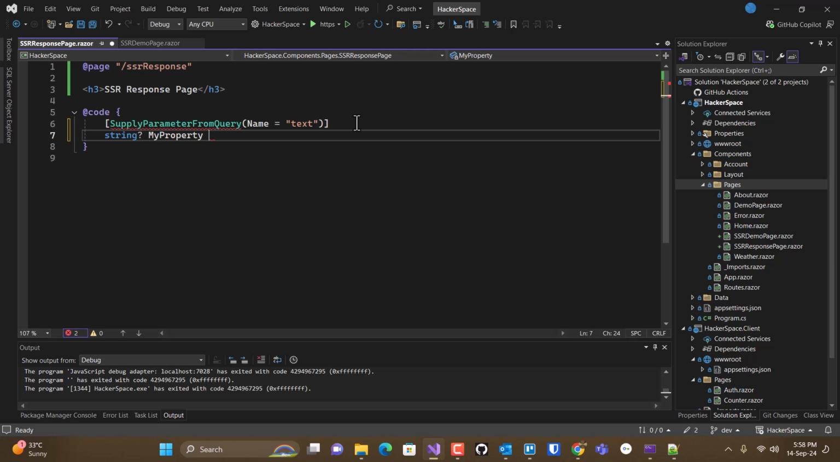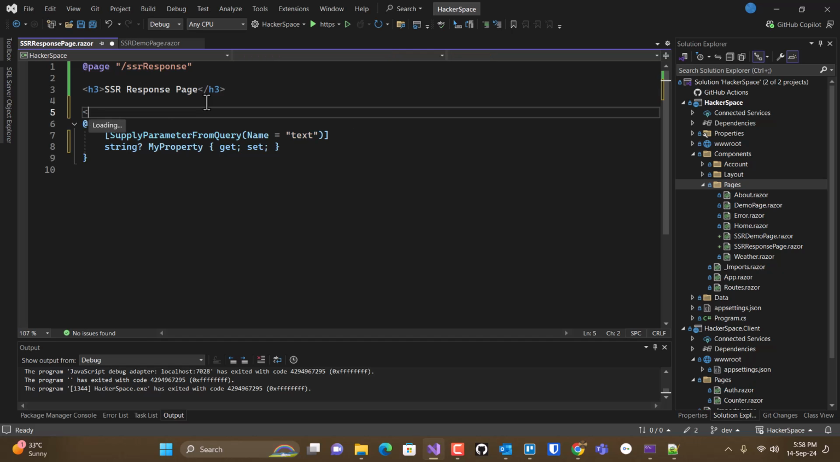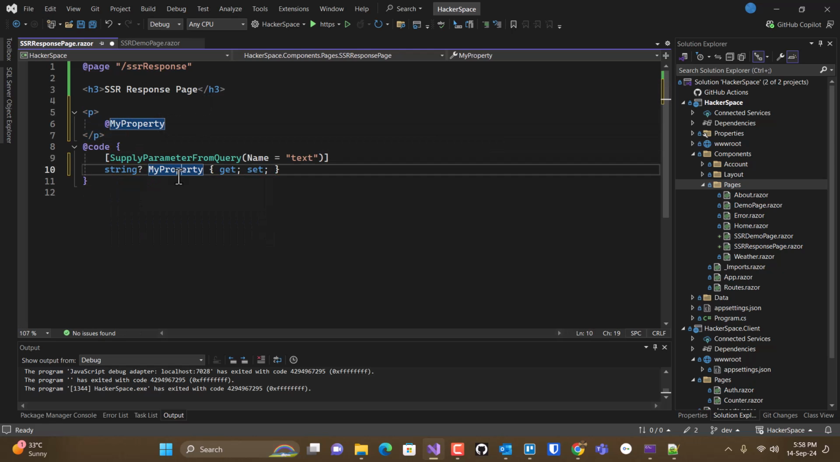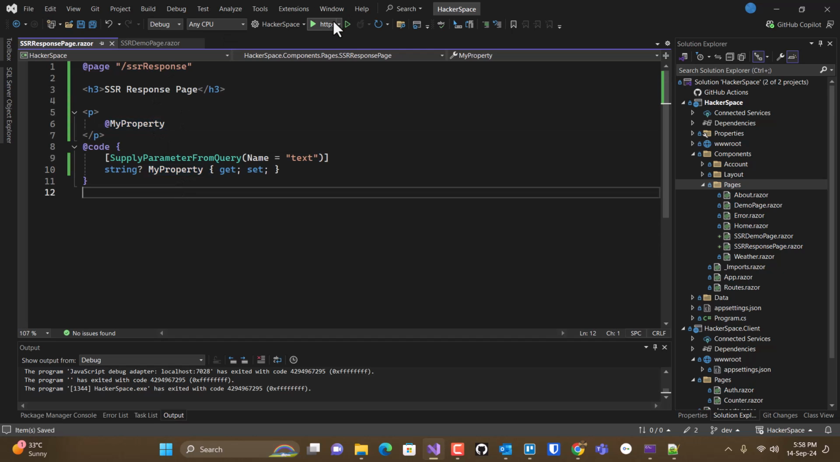just to give it a generic name and show that it doesn't really matter what you name this, and it is not using this name in identifying it. It's using this one. But then we could put in here this, and it says, hey, take my property, whatever's in there, and display it in here. So when we run this,